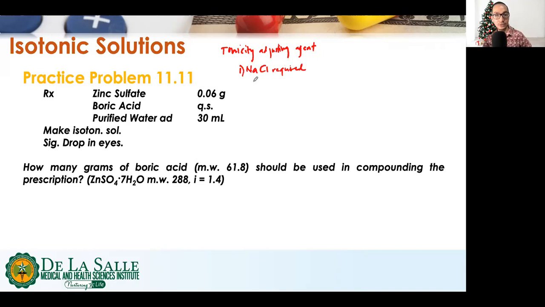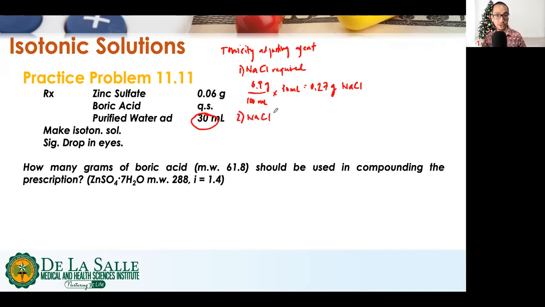Okay, so 0.9 gram per 100 ml times 30 milliliters. So again, this is equal to 0.27 gram. Okay, so this is the amount of sodium chloride required to make the 30 ml solution isotonic. Okay, the next one is we determine